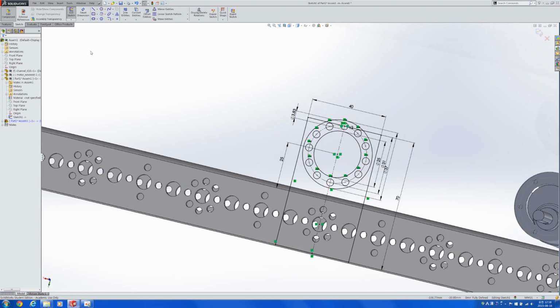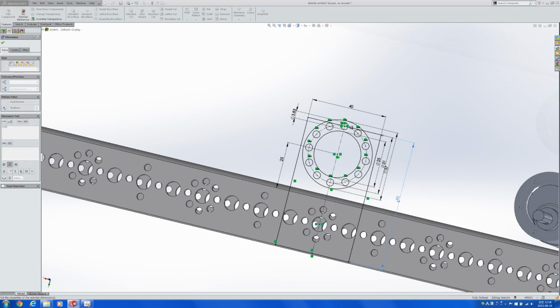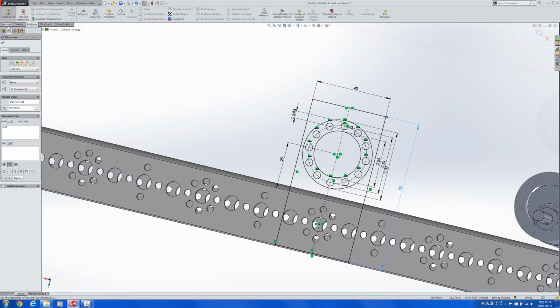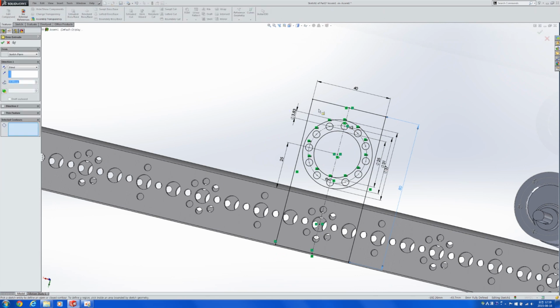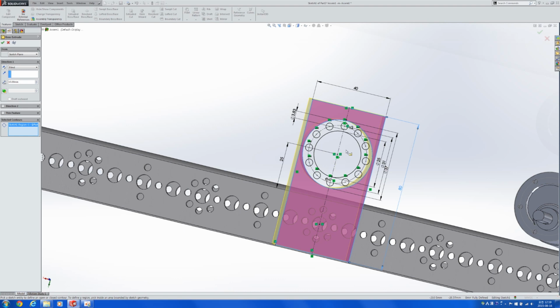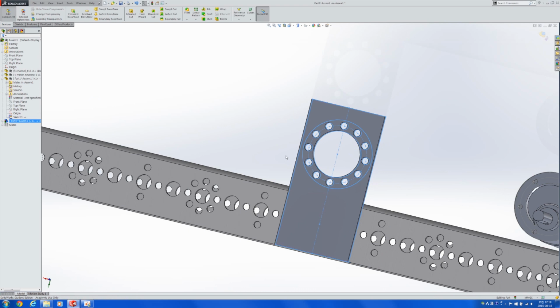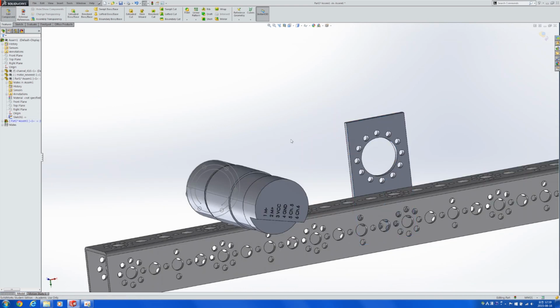Let's first start off by extruding this. That has to be 80. Yes, it fits. And let's start by extruding this part, and then also this part. 3 millimeters because we may be using a 3T bolt, and then